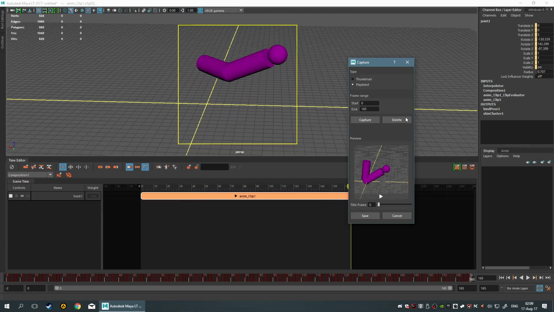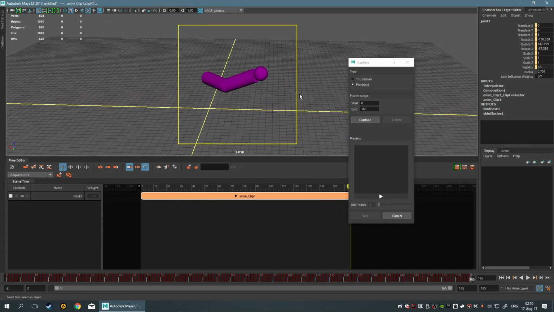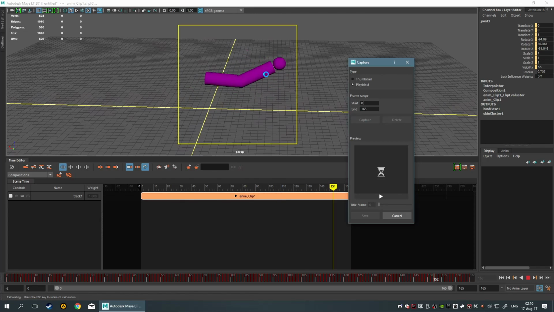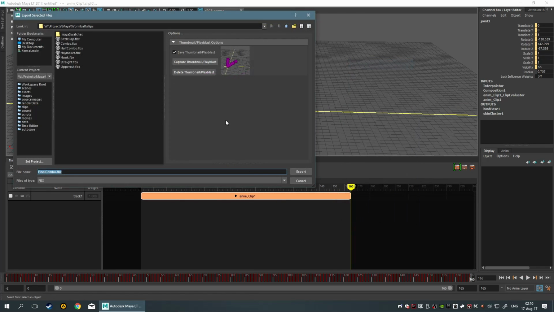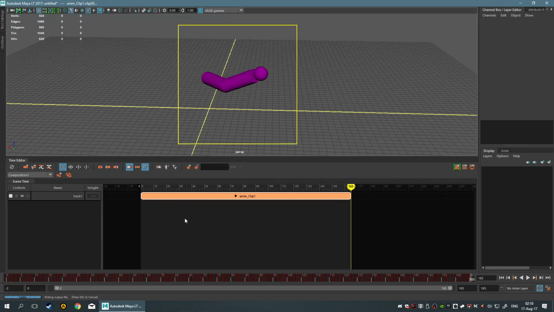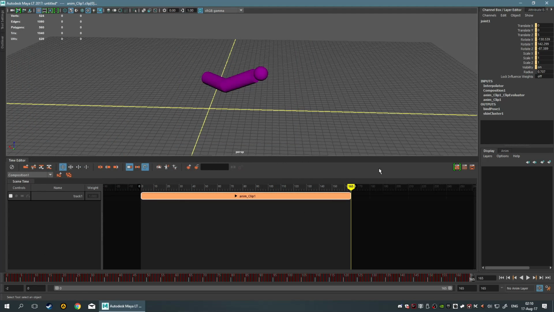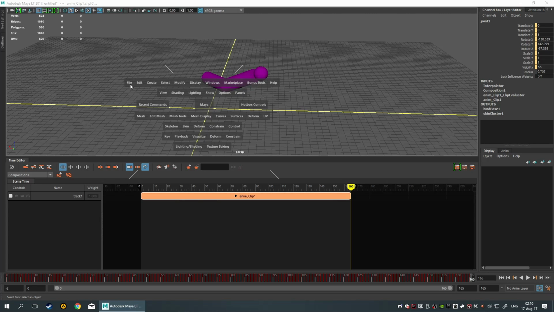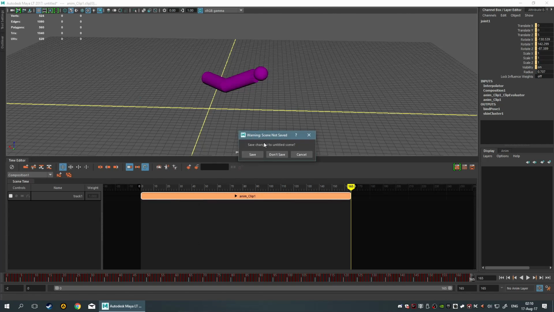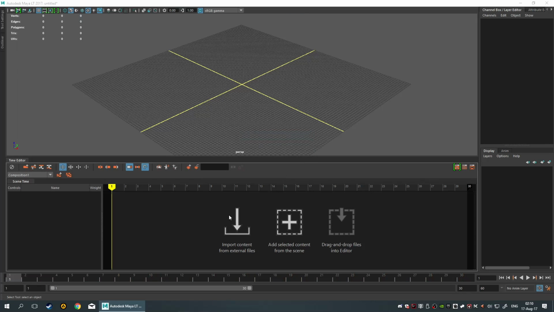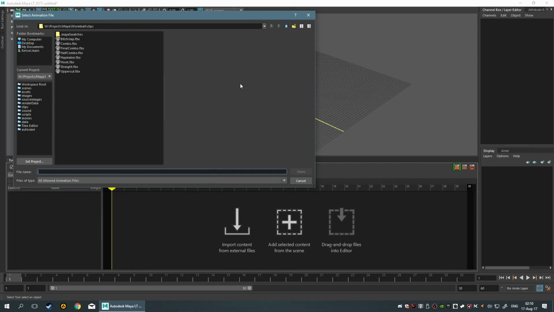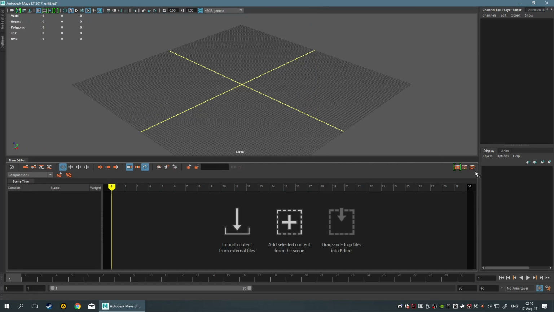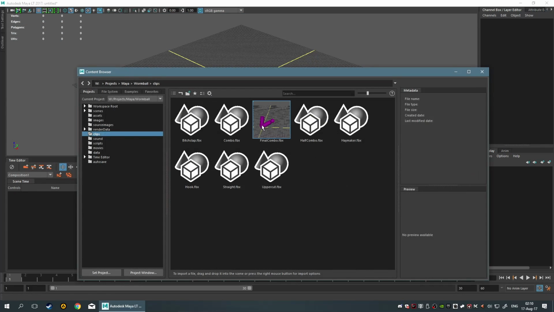No, I don't like this. Delete, recapture. Yeah, this makes a little more sense. There you go. Now you're going to save this and export. Now that it's exported as an FBX, notice it's not baking anything in. If I open a new scene, don't save this of course, and try to import my content, I'm not going to see it from the regular import workflow, but if I go here, you will notice that I have my little animation,